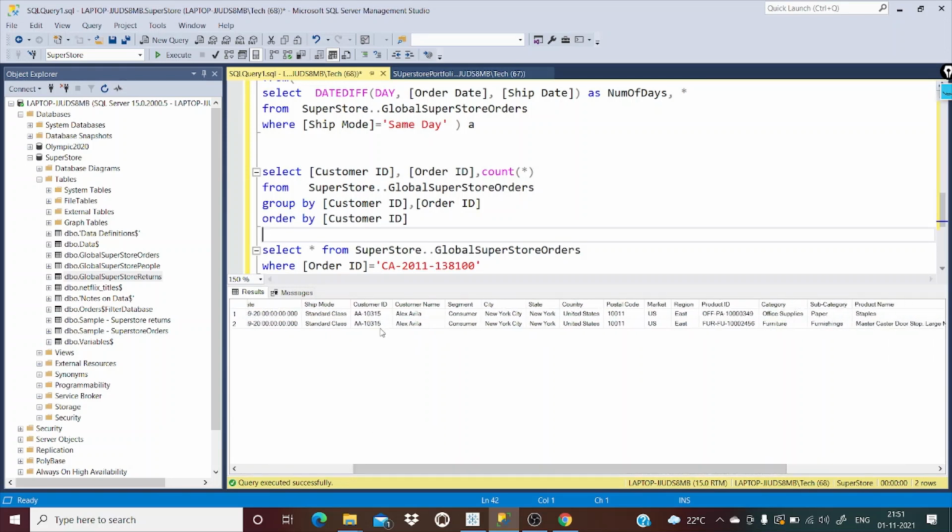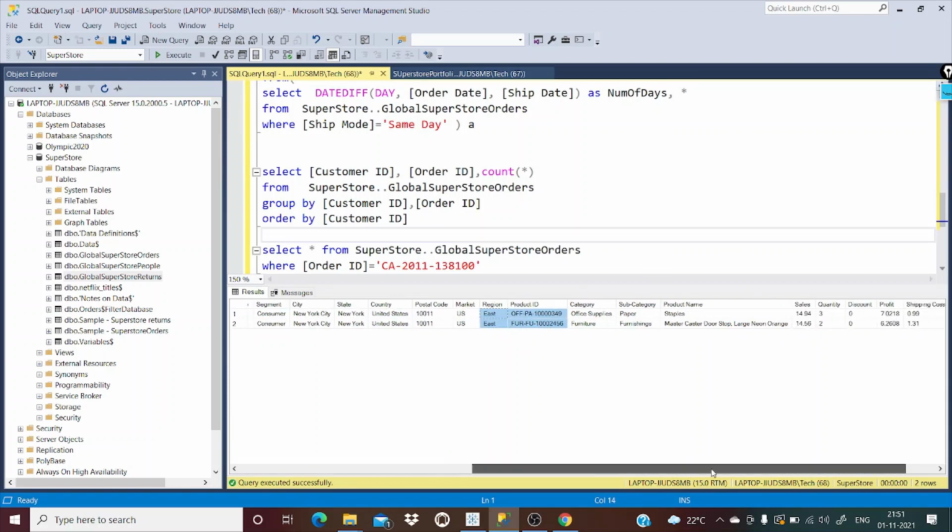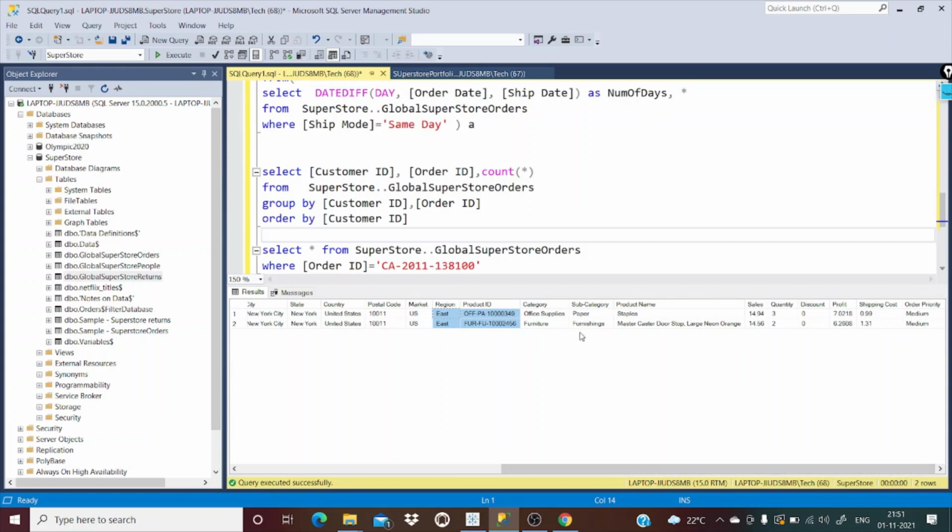And then customer ID, customer name, we just saw. Since this is the global superstore, there are multiple country names present in this country column. And then market is dependent on the country. So for example, now it is United States, that market is US. The region is East, again, it is interdependent. And then we have category and subcategory, product name, and these are the measures: sales, quantity, discount, profit. All these are measures which we are most interested in while we are developing our dashboard.